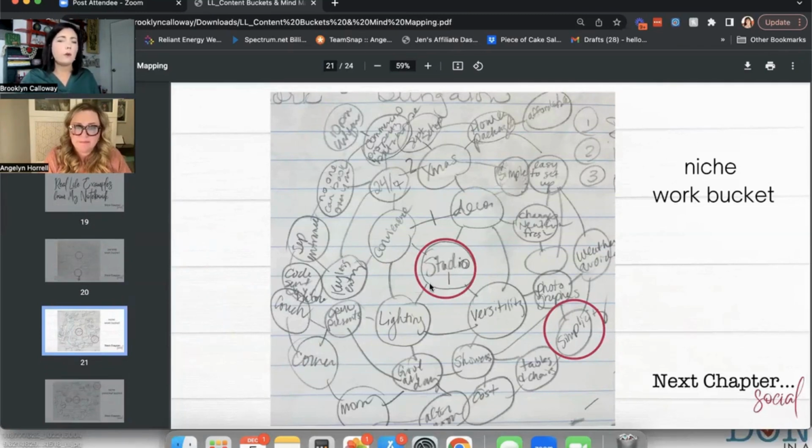And so Studio One, I put that in the center and I workshop that out: who, what, where, when, how, why. And Studio One, it's very simple. You walk in the back door. There's so many things to talk about with the simplicity of Studio One. The lighting is amazing. It's easy to get to. I have all the stuff already set up for you. You don't need to do anything but show up, start shooting pictures, and then leave. It's very, very simple. So that simplicity of Studio One is the topic that I chose to make a social media post about on that particular day.